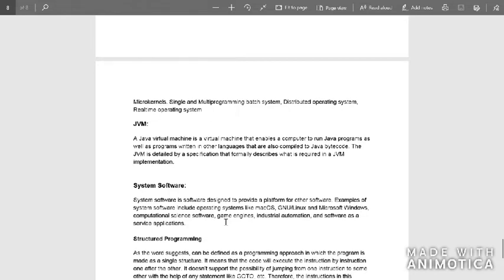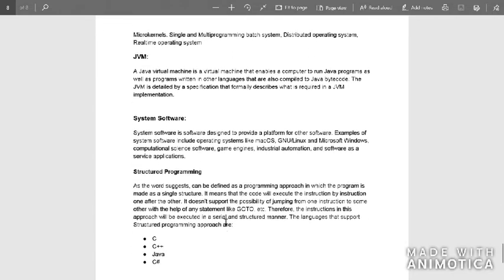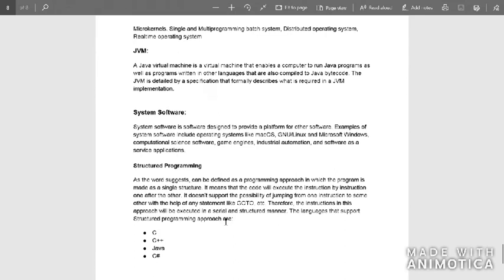Now we'll see what system software is. System software is software designed to provide a platform for other software. Examples of system software include operating systems like Mac OS, GNU Linux, and Microsoft Windows. So what this operating system does is, let's take an example: you have installed some OS in your device and you are installing other applications also, like game engines.